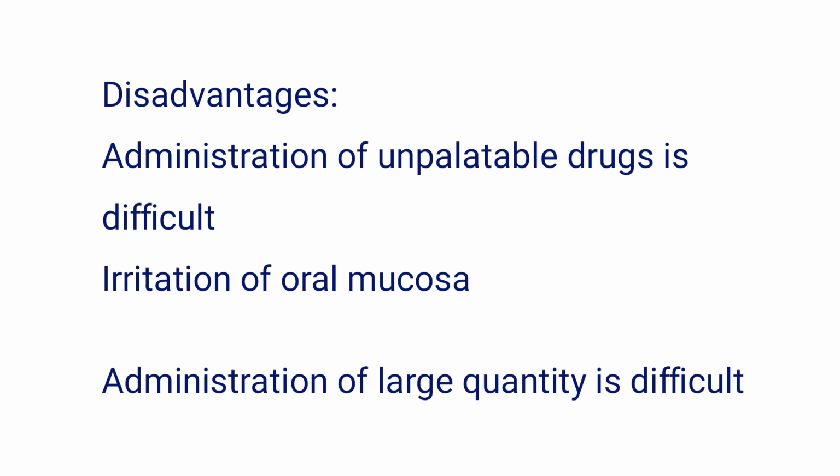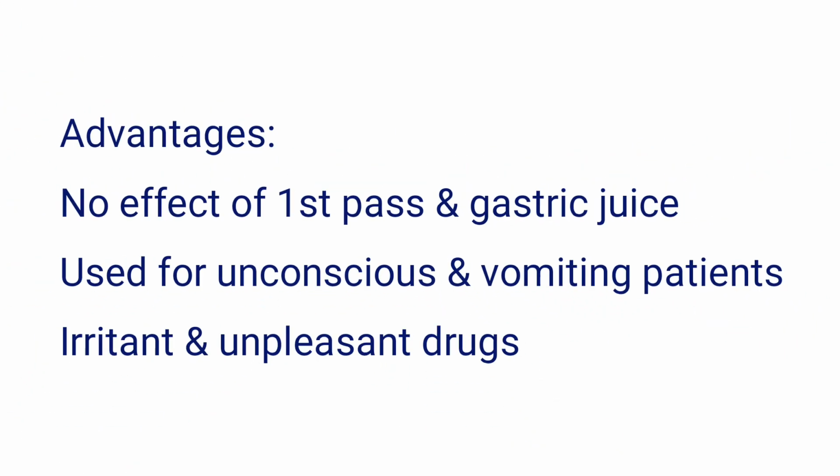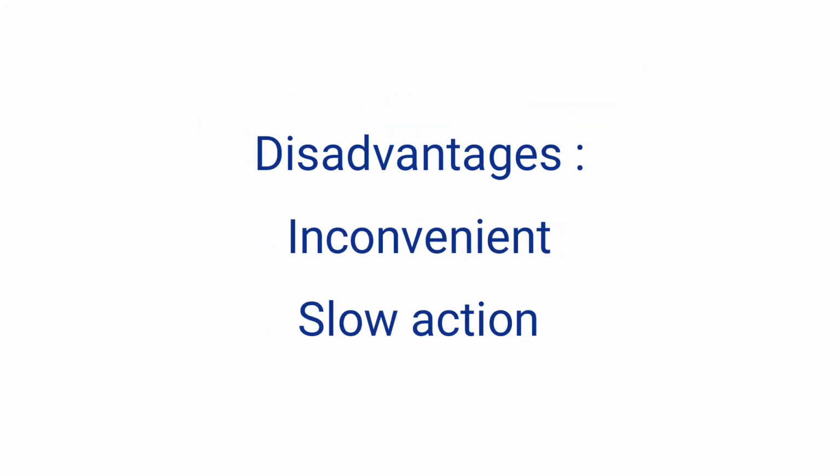Now let's move on to the third, which comes under the enteral route, that is the rectal route. Mainly here, the drug is given as suppositories or retention enema for systemic effect, such as diazepam, ergotamine. The advantage of this route is that it can be given to patients who are vomiting or unconscious. It does not get affected by first-pass metabolism and gastric juices. As well as irritant and unpleasant drugs can be given. The disadvantages are it is inconvenient, slow action,